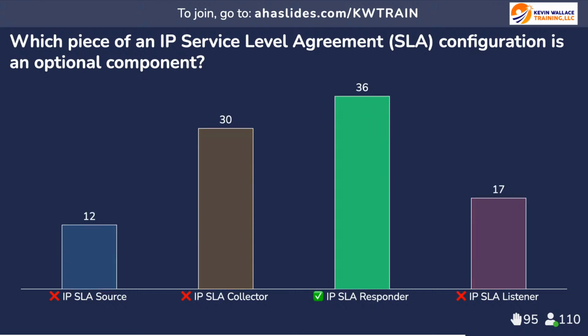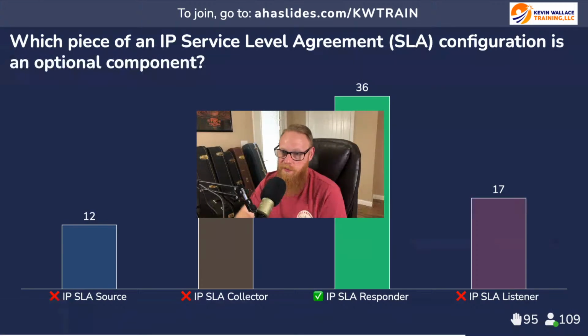And there's our timer. The correct answer is IPSLA responder. So an IP service level agreement or IPSLA configuration requires an IPSLA source in order to generate packets, and those are going to be sent out to destination devices. Responses from the devices coming back to the IPSLA source are going to have timestamp information and other metrics about the device,